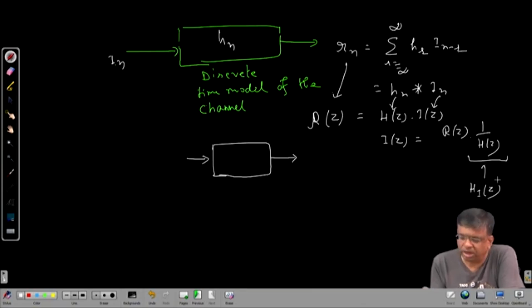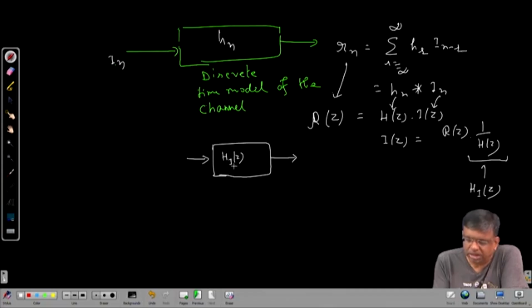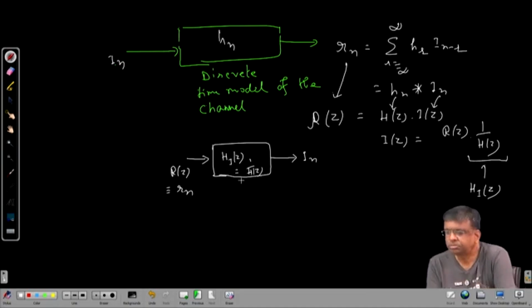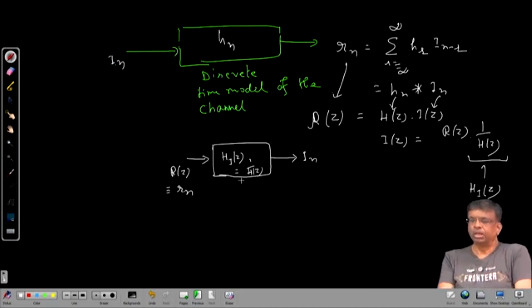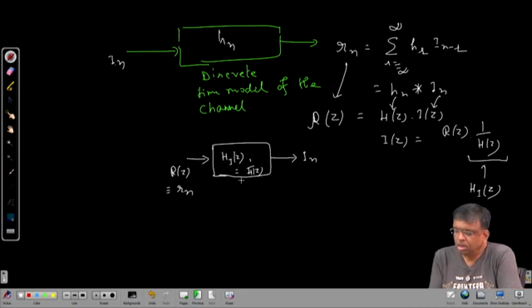So, if I can create a filter Hinv, and pass Rz, equivalent to Rn, through this, I will get In back here, right, where Hinv is 1 by Hz. All right. But remember, what is Hz? Hz is actually the Z transform